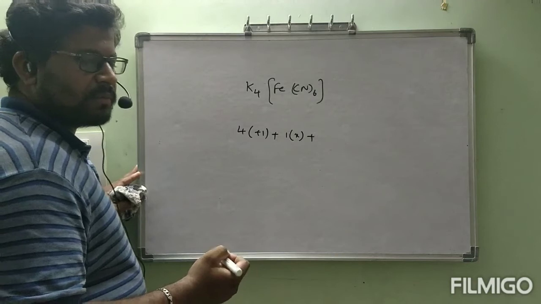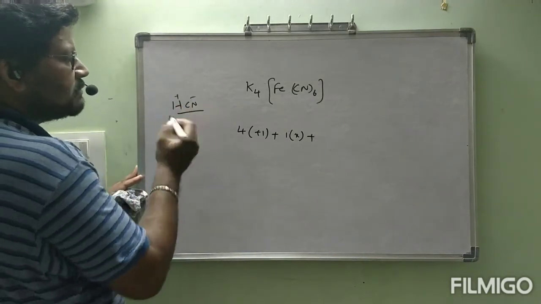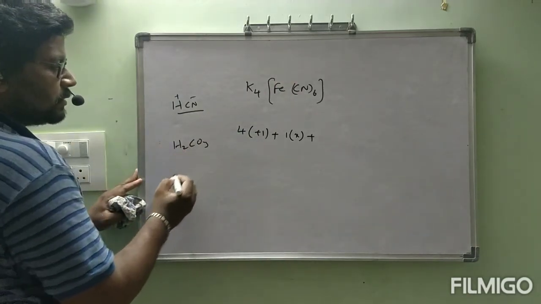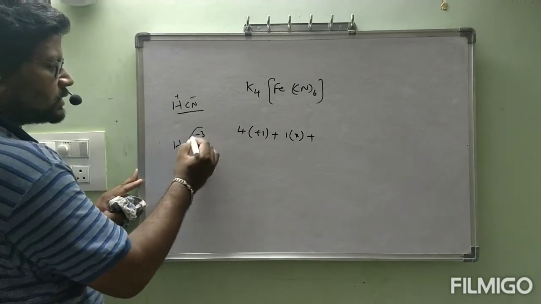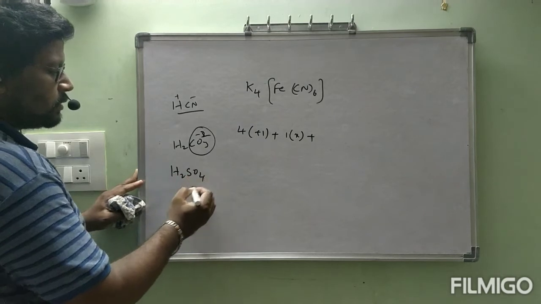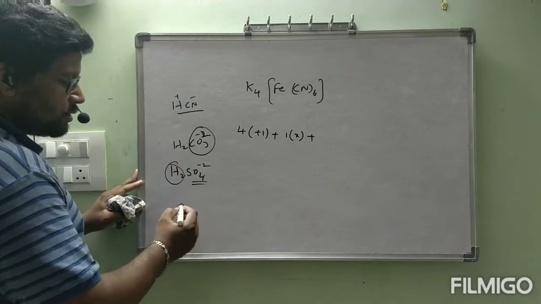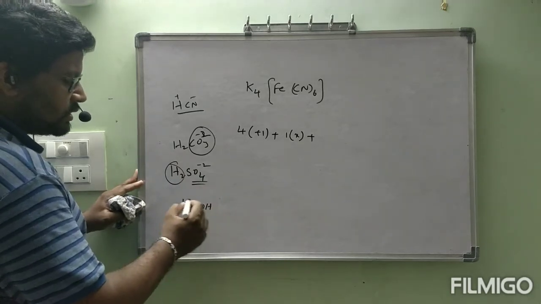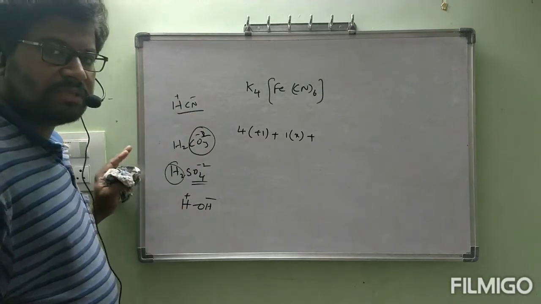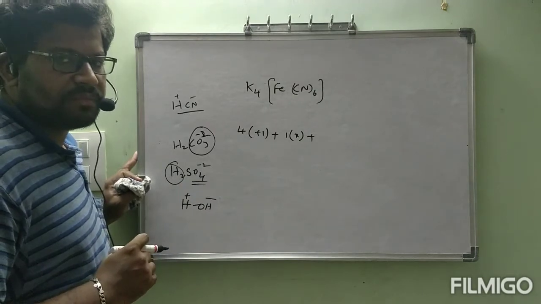That one you have to remember. HCN is there, hydrogen cyanide. From that, H plus and CN minus. Like that you can remember CN minus. H2CO3 is there, so CO3 minus 2. H2SO4 is there. When 2 hydrogens are removed, SO4 minus 2. Like this, HOH gives H plus and OH minus. Like that, with respect to hydrogen, we can remember the oxidation numbers of other things.